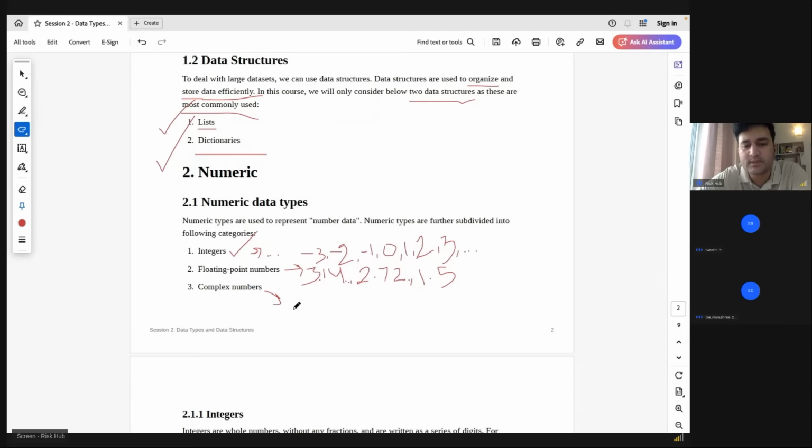So let's say 1 plus iota 2 or 2 iota, whatever way you want to write it, or 1 plus iota 3, whatever way you want to write it doesn't matter. Sometimes people write it with j or with